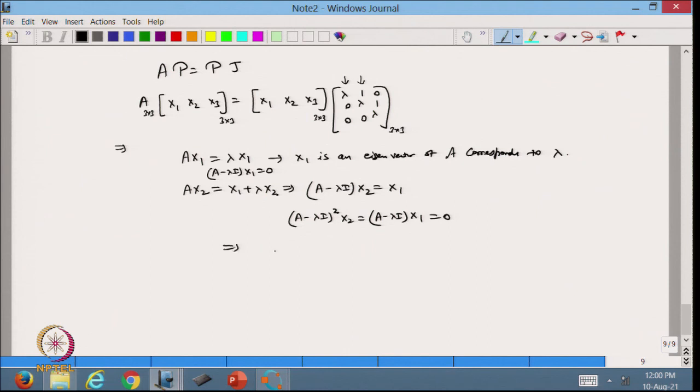So I can write that (A minus lambda I) square x2 is 0 and (A minus lambda I) power 1 x2 is not 0, which we have already seen. So from here I can say that x2 is a